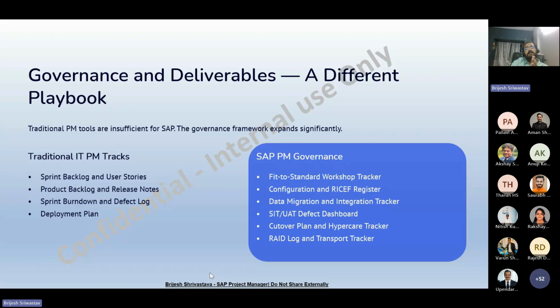Each and everything, please plan for it and hand it over to the support team, then plan for go live, and then the hypercare activity will start. So this is the high level of governance and delivery, and based on this you need to prepare all documents. As a project manager, as a consultant, you need to coordinate.